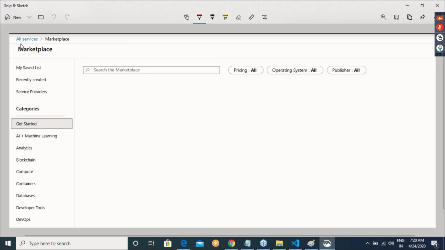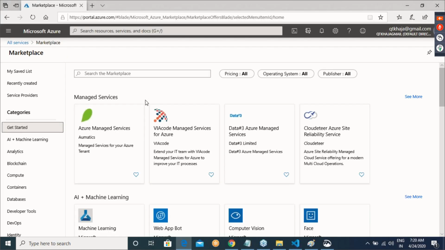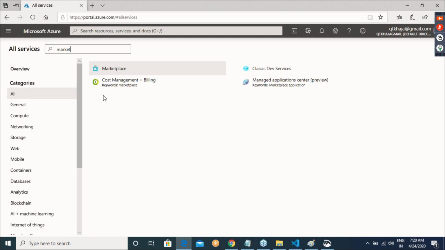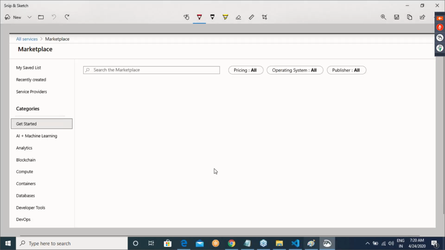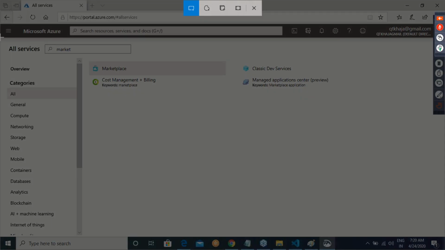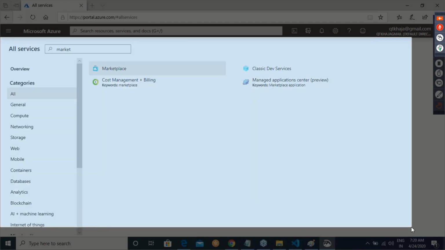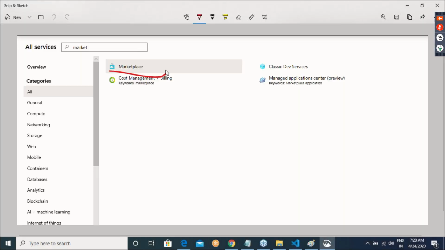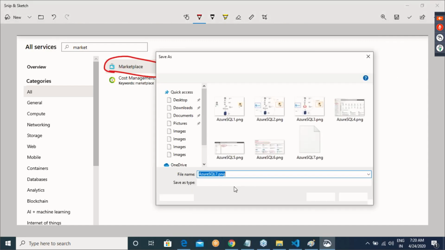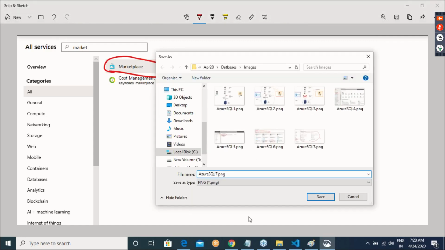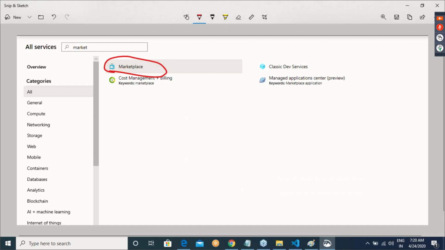Since we have just started, let me go to all services and show this. Are you seeing this marketplace? Yeah. These are the areas where you might end up using Azure.